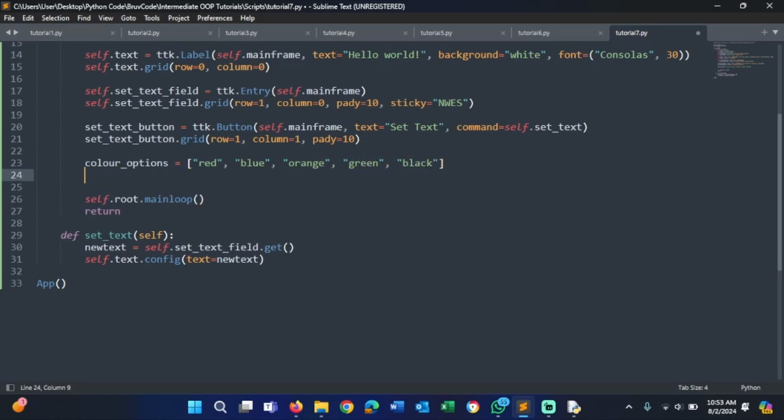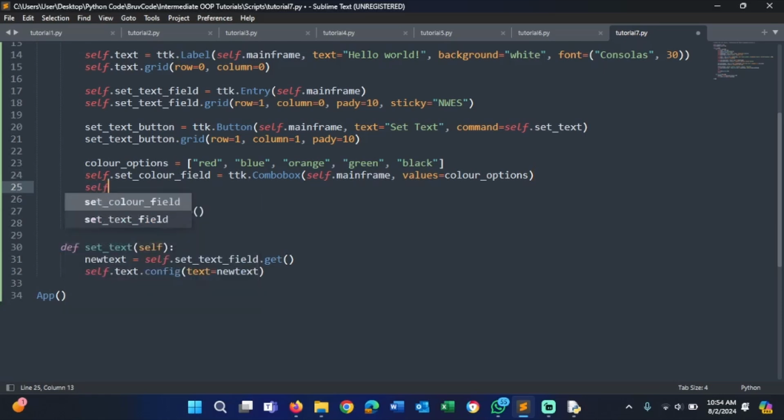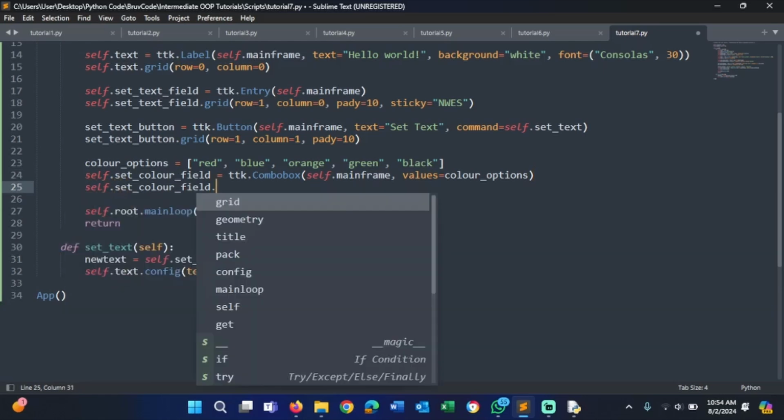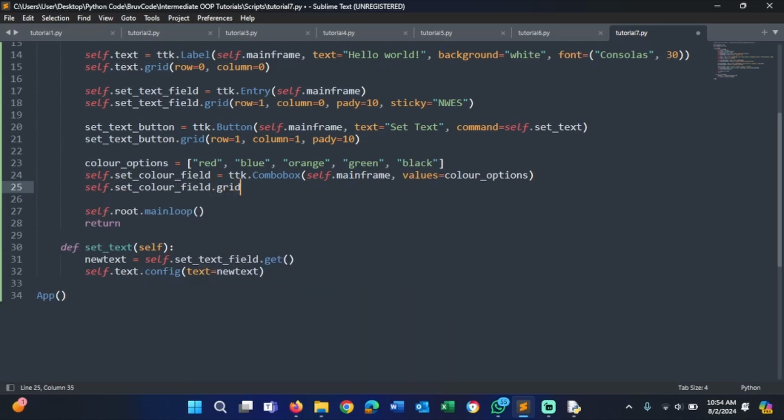Alright, now that we have created color options, let's see, self.set color field. I use this spelling of color because it's standard. And now let's set this to ttk.Combobox. Now we're going to use self.mainframe, and we're going to set the values to the color options. Now we want to place our combobox. So let's see, self.set color field.grid. We're going to set a row of 2, a column of 1, and a pad Y of 10. Alright, if you run that,